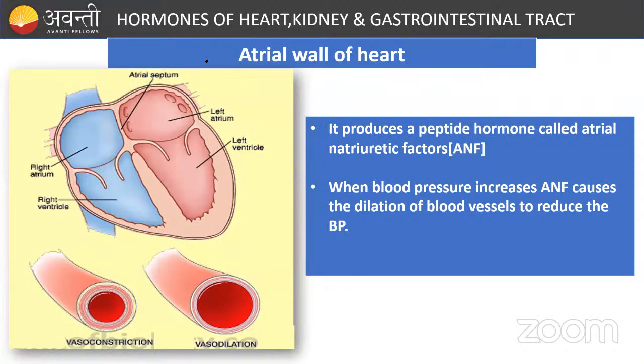Now, moving ahead. So there are some tissues which secrete hormones, but they are not endocrine in nature. Okay, some tissues secrete hormones but are not endocrine in nature. So number 1 is the atrial wall of the heart. It secretes a hormone, which is